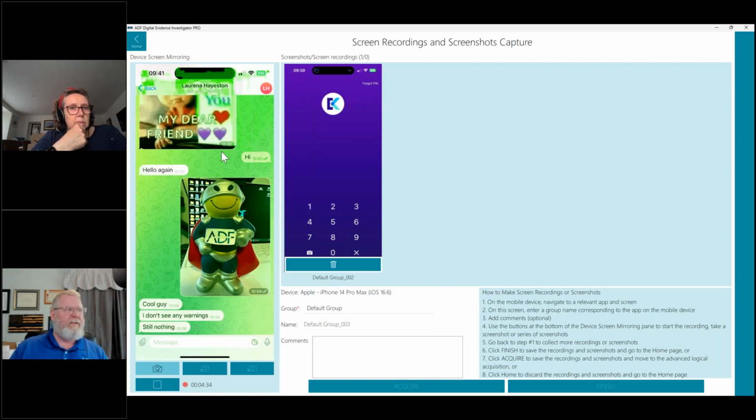We found that so far, the only one we're having an issue with is this Telegram secret chat, which happens on iOS. I believe any version, as soon as you start mirroring, it'll say you took a screenshot. Or if you take a screenshot, it'll tell you took a screenshot, but only on the secret chat. Other apps we've been working with, fine.